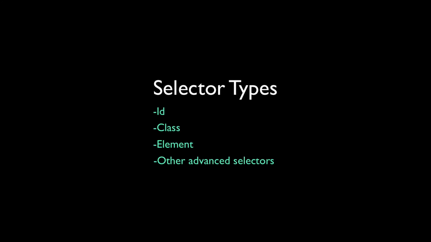There are three selector types that you'll see used most often when working with CSS. And these are the element selector, which we covered in the previous lesson, the class selector, and the ID selector. There are some other more advanced selector types too, but we won't go into these right now since this is only an introductory course. We've already gone over the element selector, so now let's take a look at class and